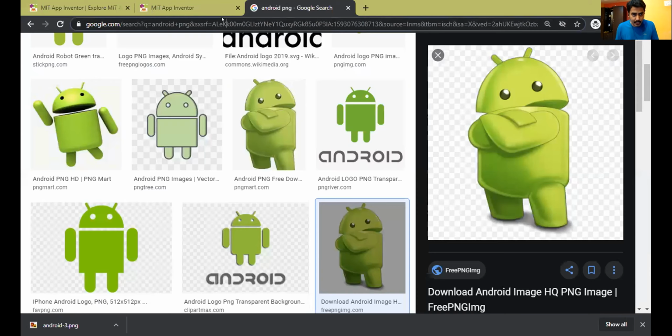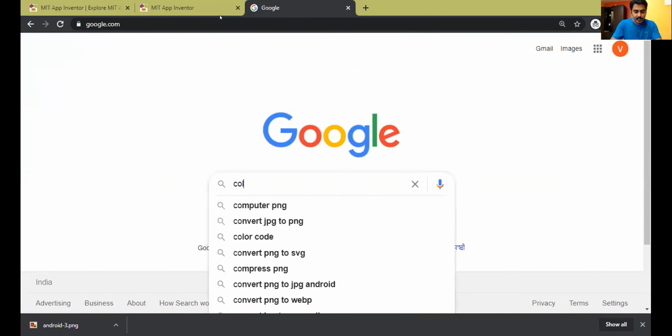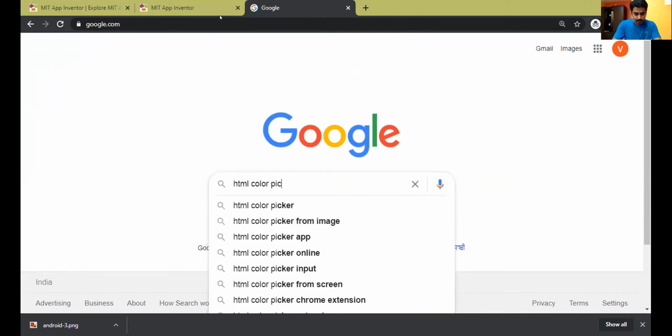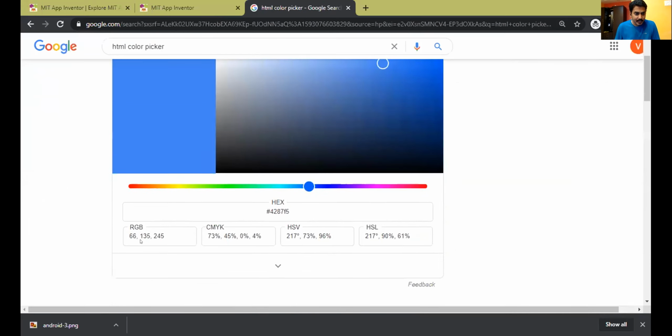Let me go to Google again, and here I type HTML color picker. And see here, in Google, there is a value of RGB.